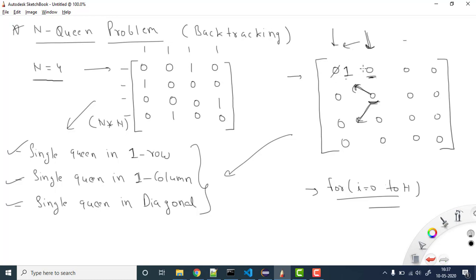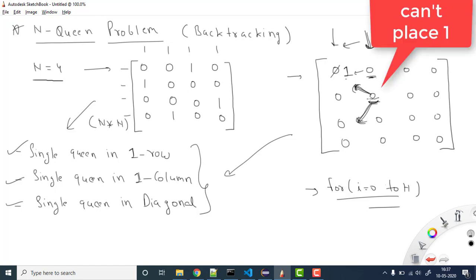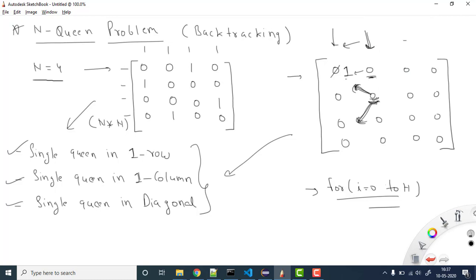That is why, even if I check the row, I will always check this side of the row. If I am checking a diagonal, then I will check this diagonal side. At this place I cannot put the value here, because here we have the diagonal. Now I need to check the next case, so I will check this place. Here this looks fine. Why? Because in this row there is also 0, and diagonal-wise also, here we have 0 and here also we have 0.